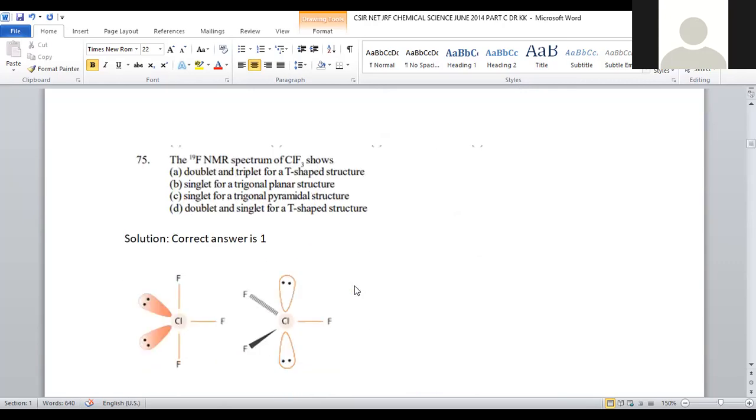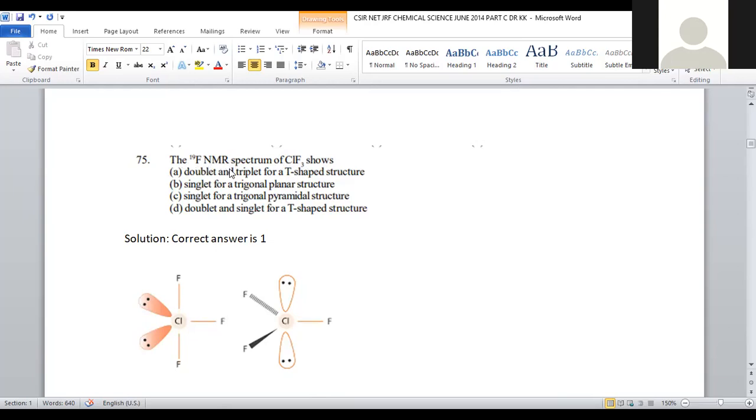Let us move on to question number 75. F19 NMR spectrum of ClF3. What is meant by ClF3? Trifluorochlorine. This is an interhalogen compound. It is a question from main group elements. And the F19 NMR spectrum of ClF3, trifluorochlorine, shows how many signals in the F19 NMR